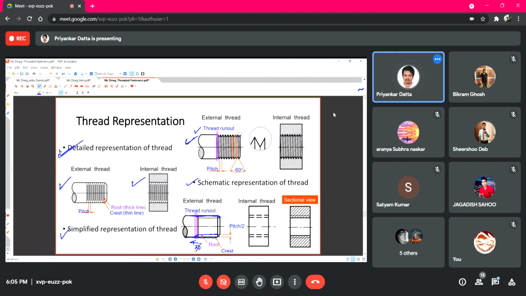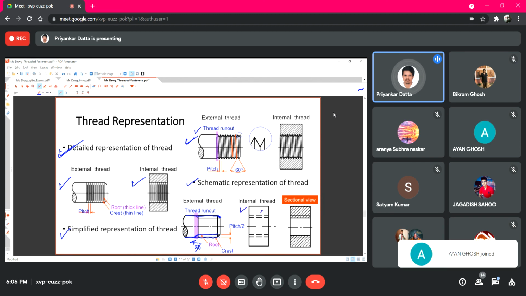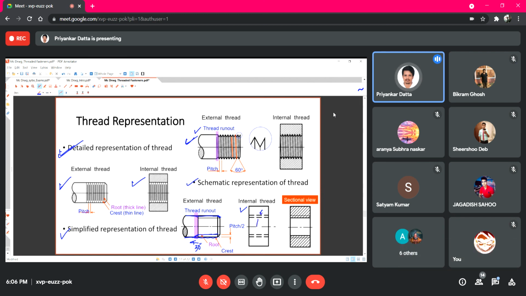And for a nut, internal thread, here it is not showing a nut, it is showing a cylindrical object with internal thread. So if we draw the full view, definitely for the major diameter we'll get one dotted line. For the minor diameter also we'll get another dotted line. But if we get the sectional views, here you will see that two lines are visible as we are taking section through the object. So using this sectional view and this type of simplified view,